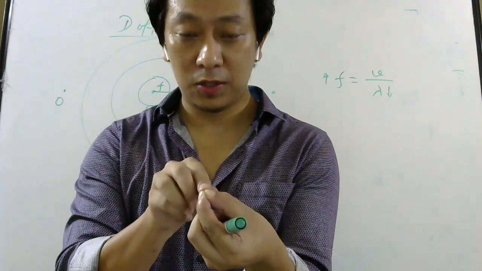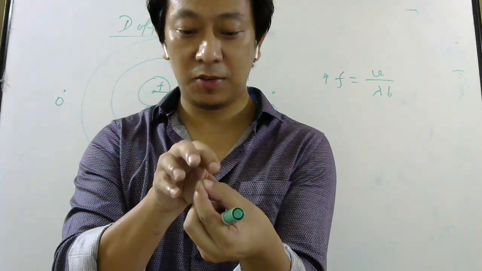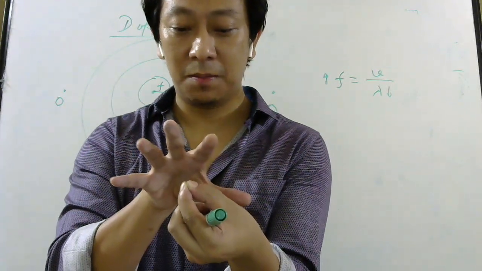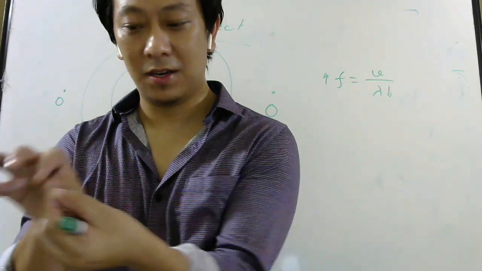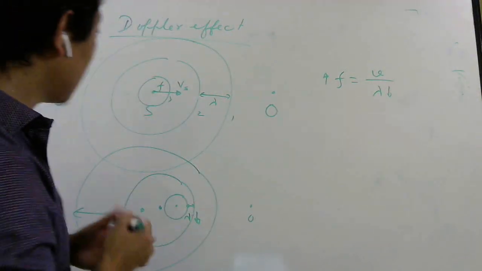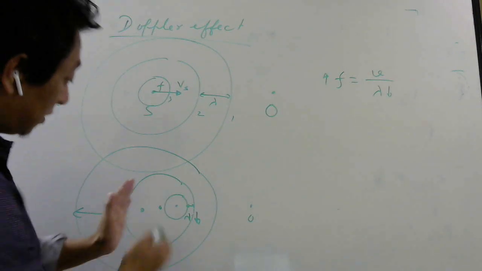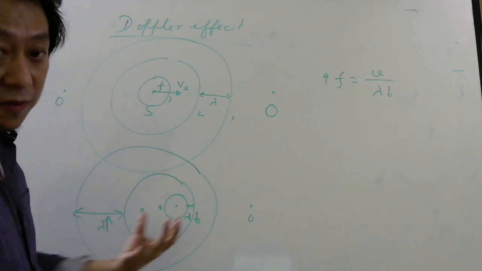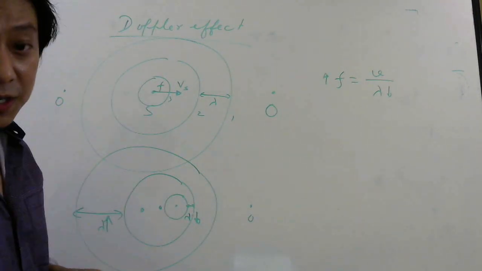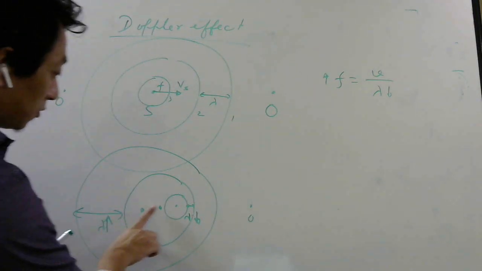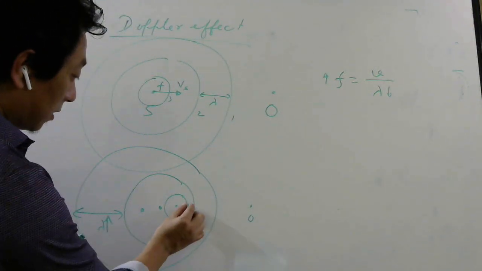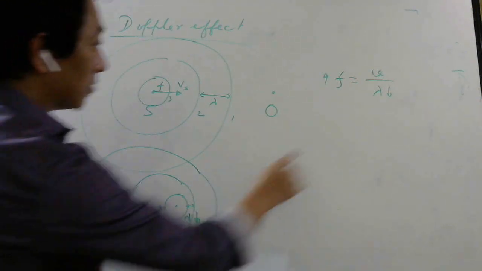Now when the source is here, the first wave is emitted, right? So it is spreading in this sphere. But the second wave center will be here, right? So it will spread here. The third wave will be here, right? So this is how the sound waves will appear if you try to represent it in a diagram. And therefore we understand that when the source moves towards the observer, the wavelength of the wave decreases, the frequency